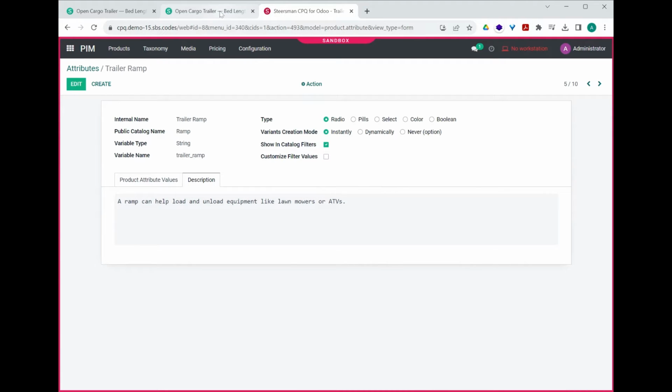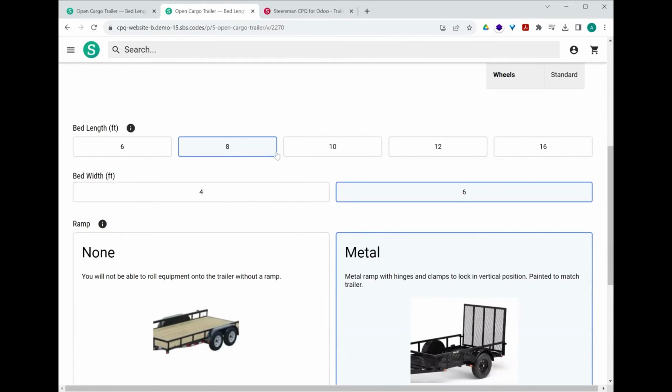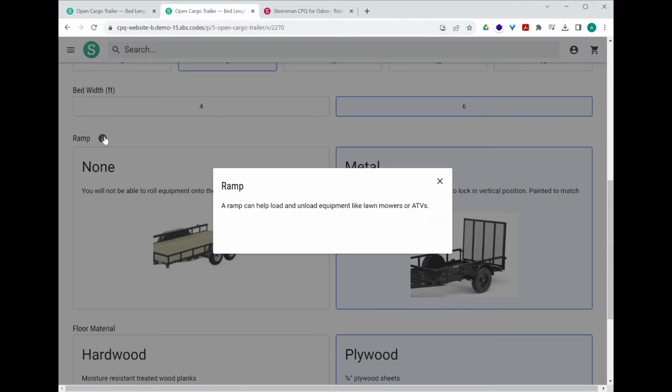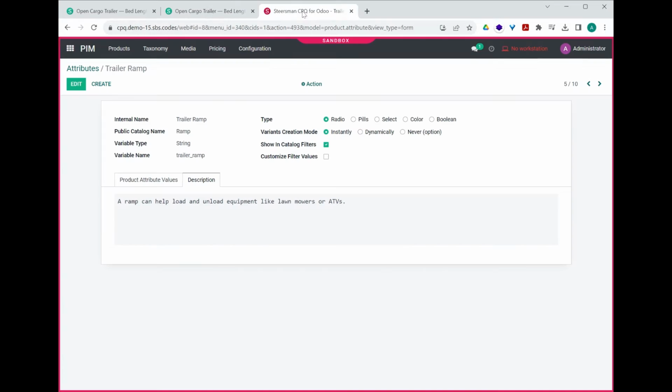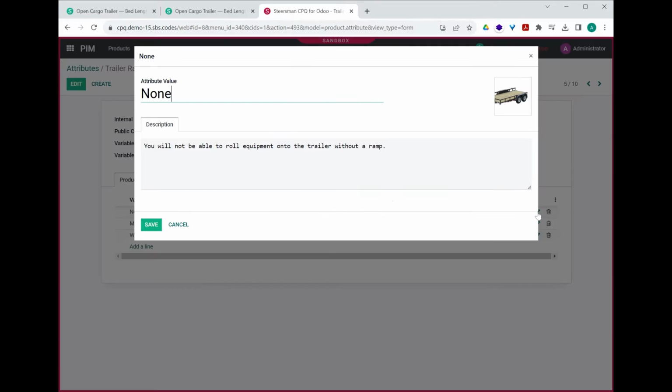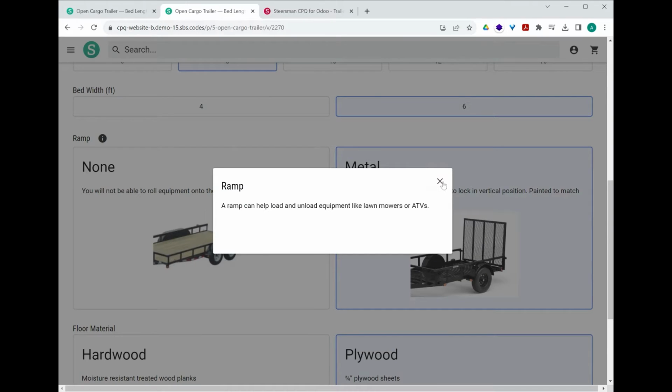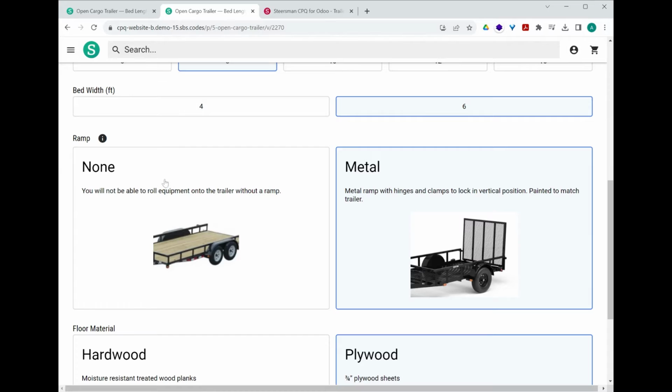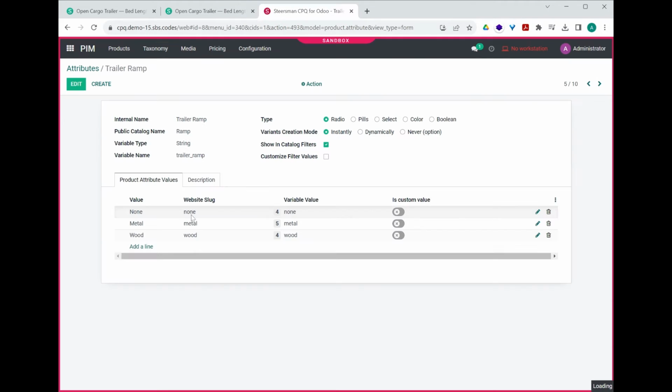So if I switch back to the front end in here, it's going to be this tooltip here, this one. And then if I click back here and on this little pencil, then the image and the tooltip for the attribute value, they are what shows in these tiles. Cancel. And then these attribute values of variables and the variable names, these things allow us to define rules to